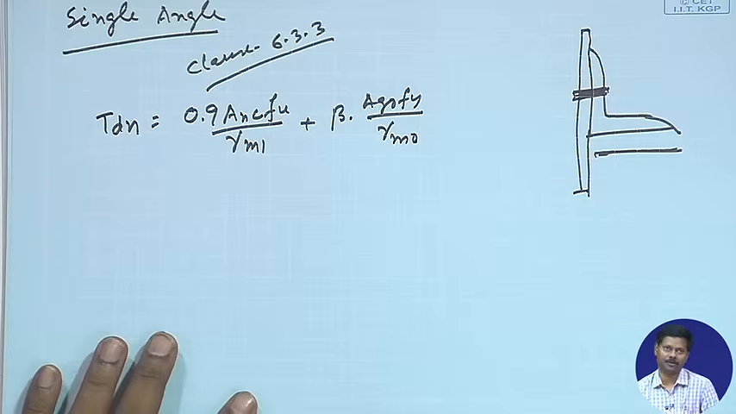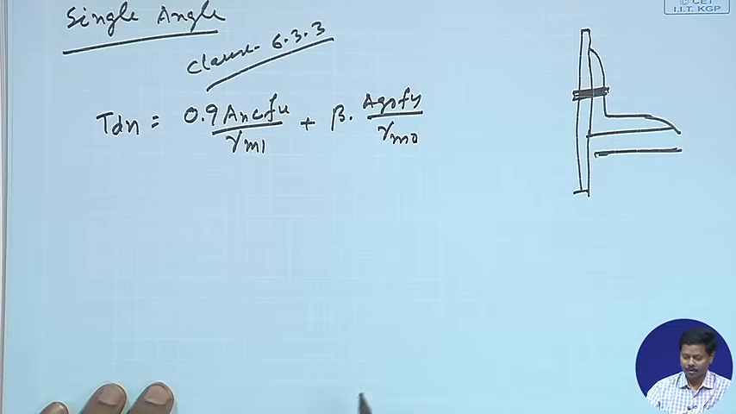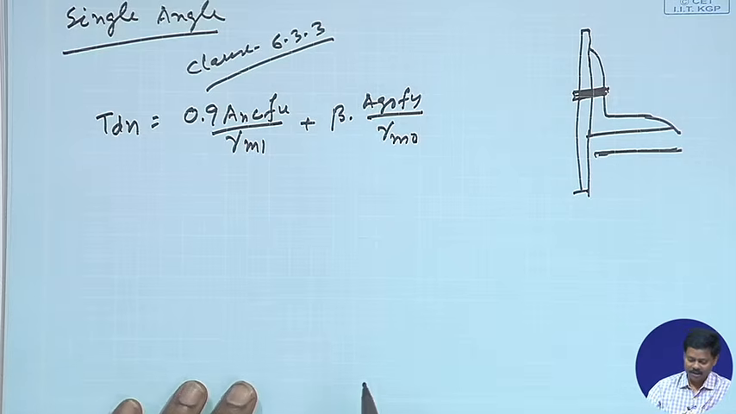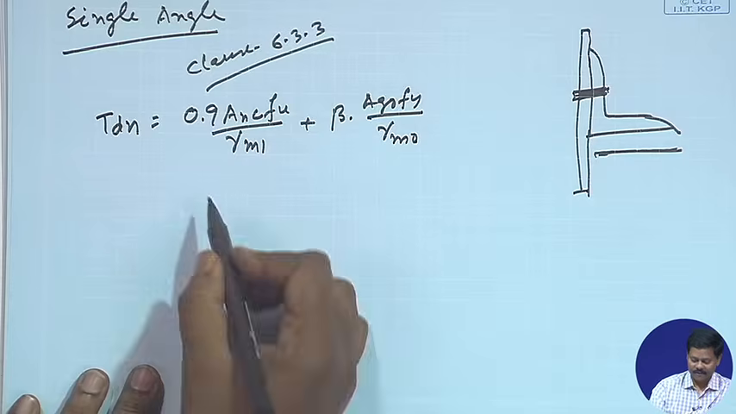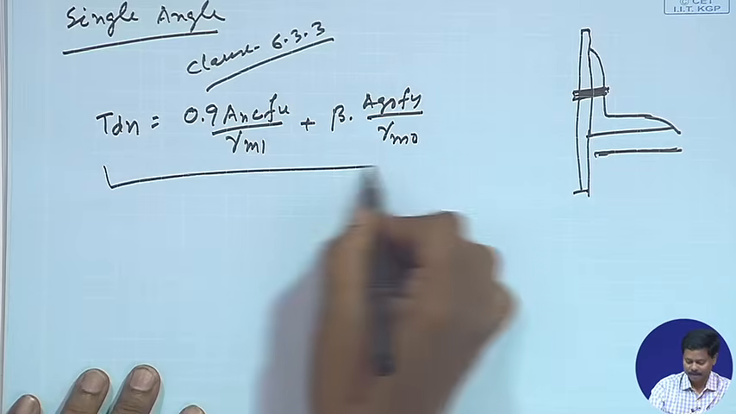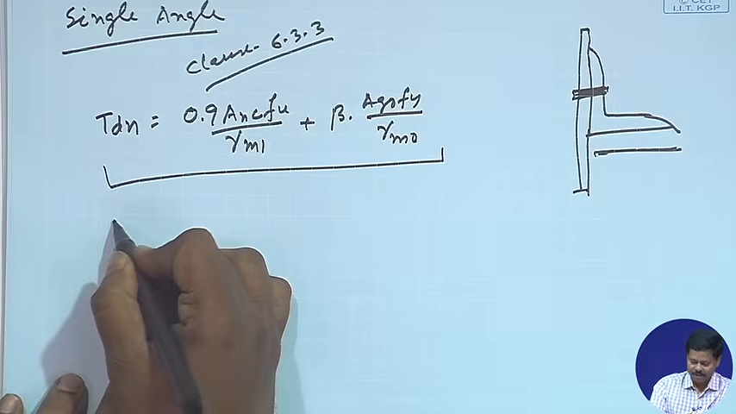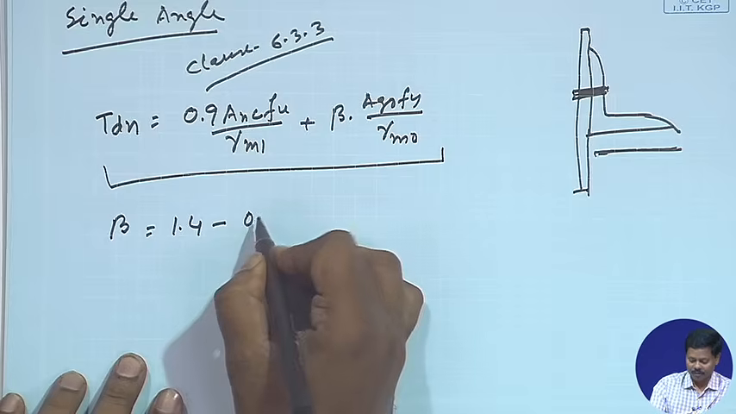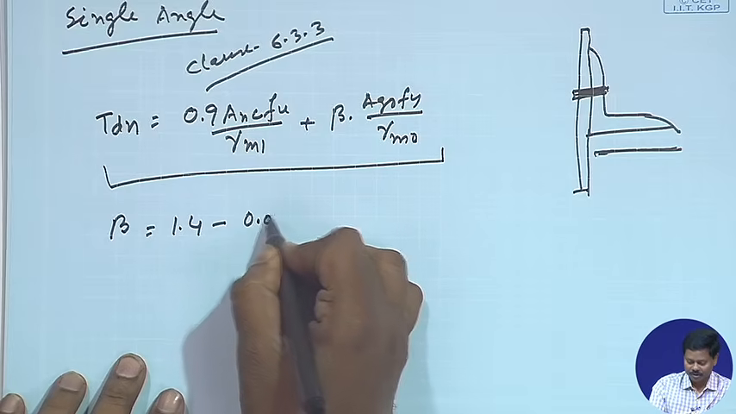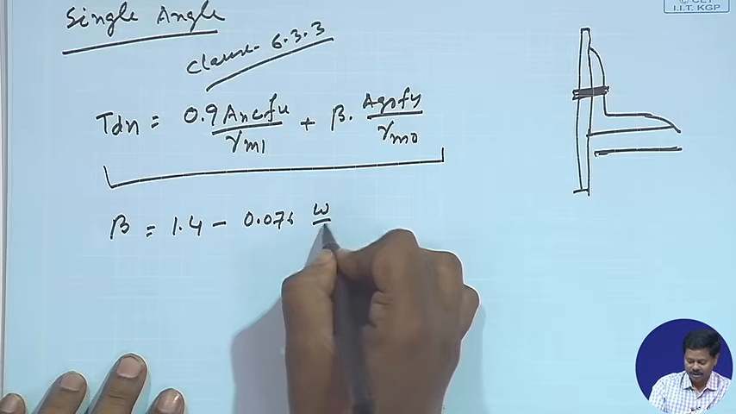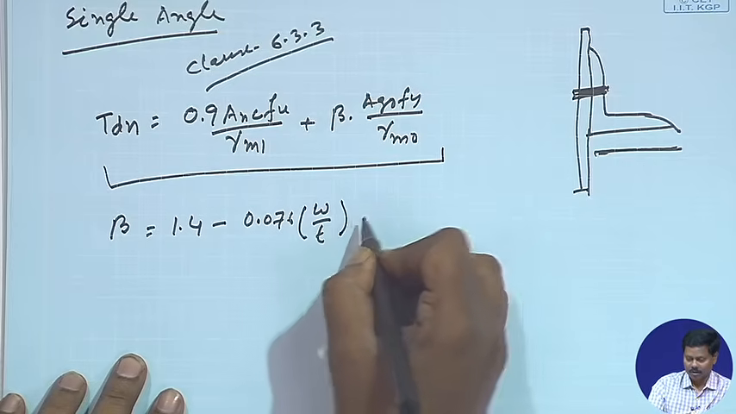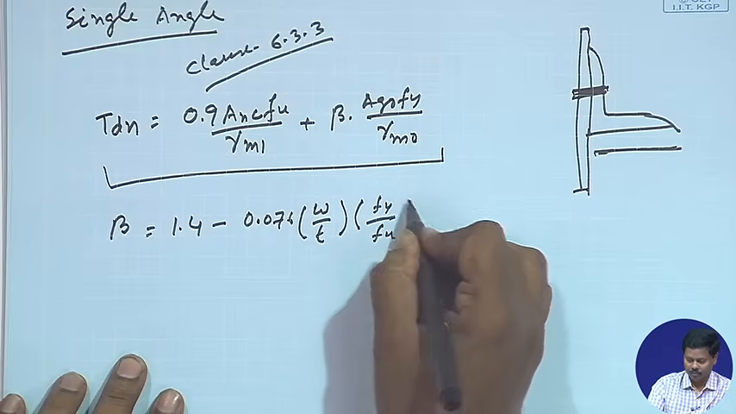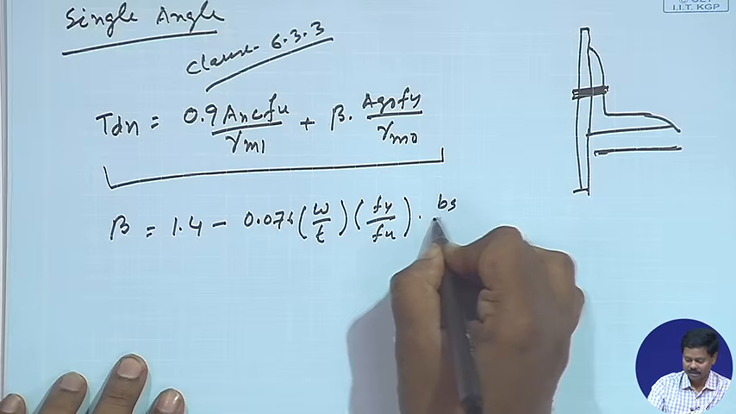In clause 6.3.3 you can find this value, where the rupture strength of an angle is affected by the shear lag, and that shear lag effect has been taken into consideration in this formula. Here beta is a factor which can be calculated from this formula, that is 1.4 minus 0.076 into W by T into Fy by Fu into Bs by Lc,